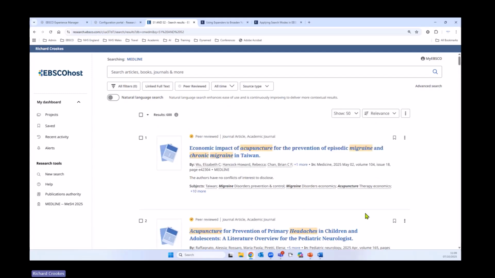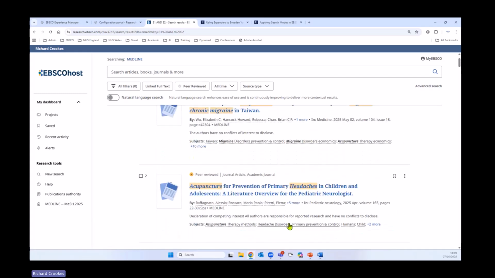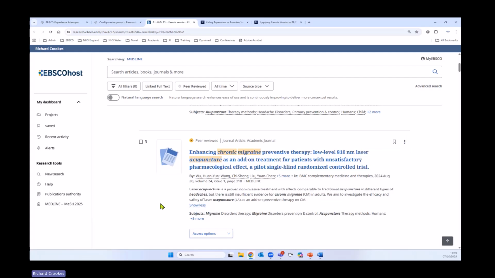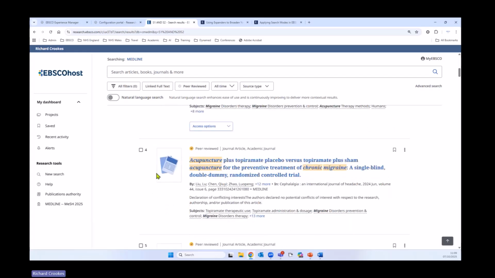Now, at this stage, if you want to view the full abstract when you are viewing results, so you see an abstract for each one displayed up front in its entirety, there is a setting in the tool EBSCO Experience Manager which allows you to do that. So it's possible to set your profile, maybe globally for all users within the institution, to see the abstract for each resource as they appear. Okay, so there's not a toggle, there's not an option on this tools menu to change that, but it can be done centrally with the admin tool so that each time you look at a result list,